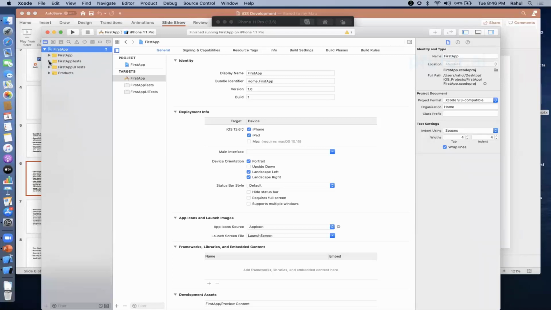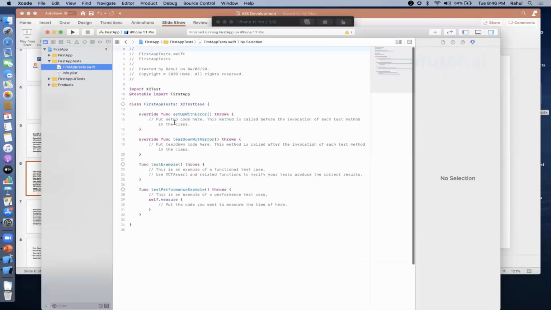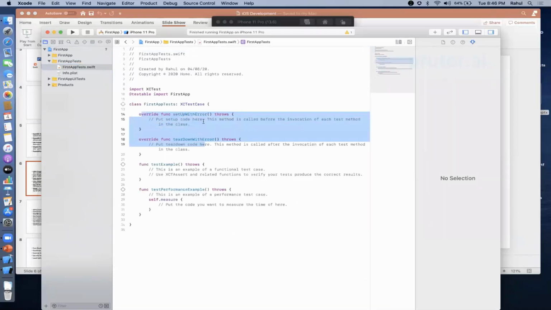And after that, there is the test folder. So whatever tests you want to write for your application, you can have it over here, and it will deal with all the tests which you have, right? So this XC test case basically deals with the unit test cases, right? So it's also been integrated in the framework of iOS application. So whenever you write code, you can have the unit test also written, which means that you can test your functions